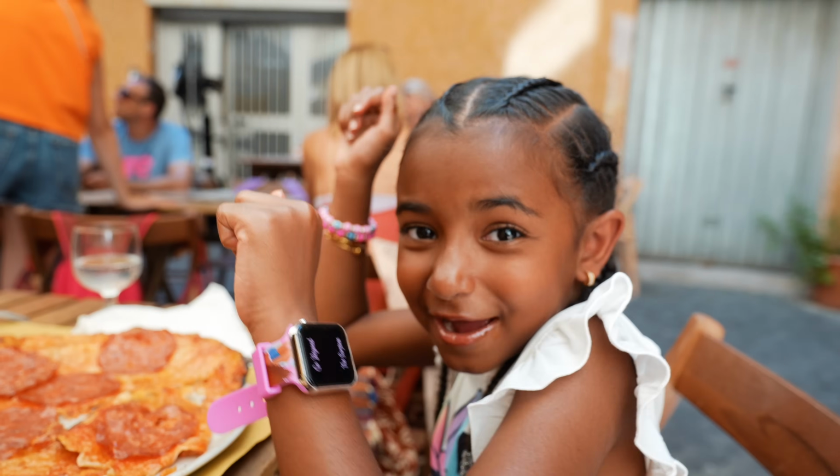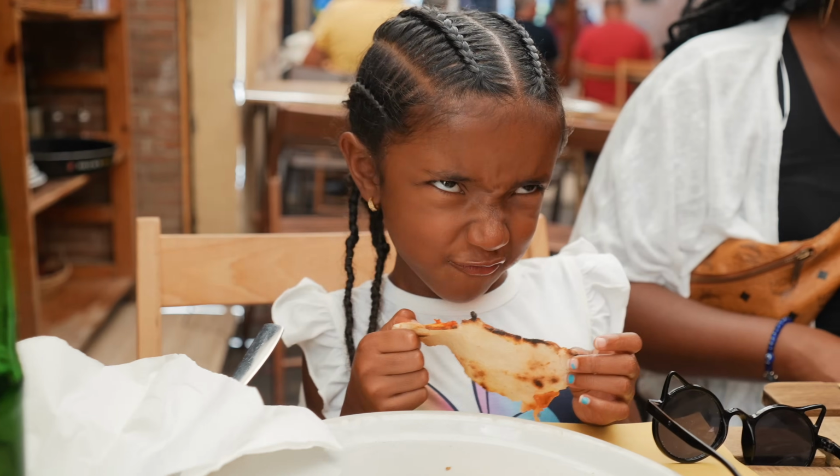First time eating pizza in Rome, Italy. Pizza in